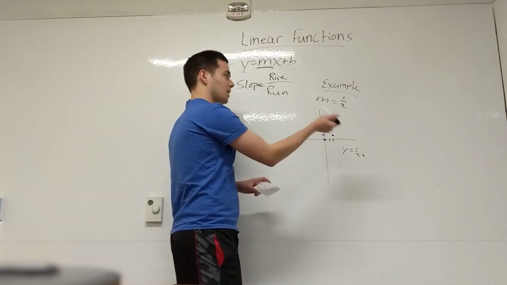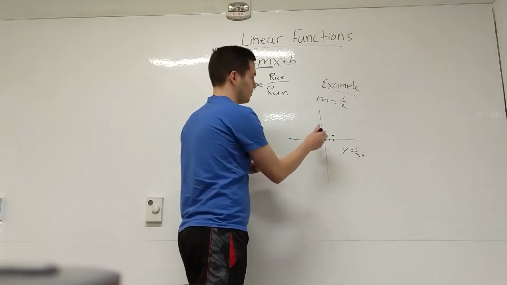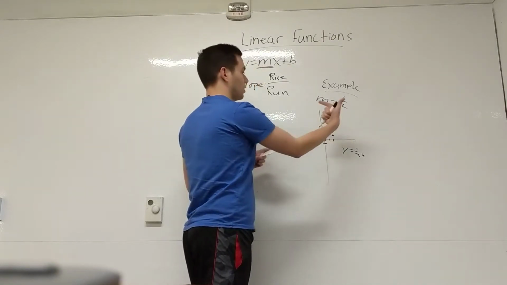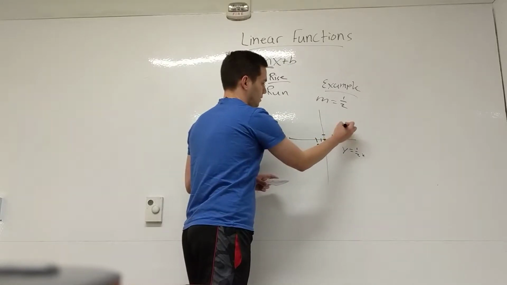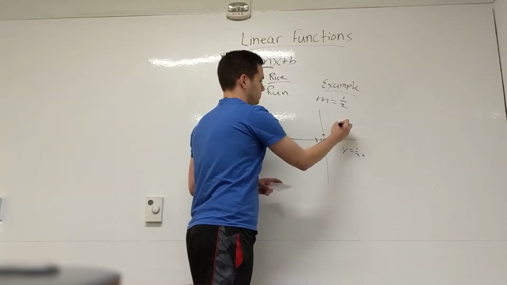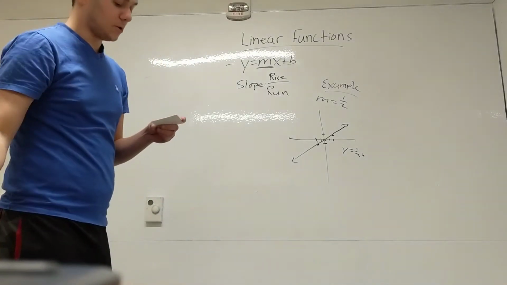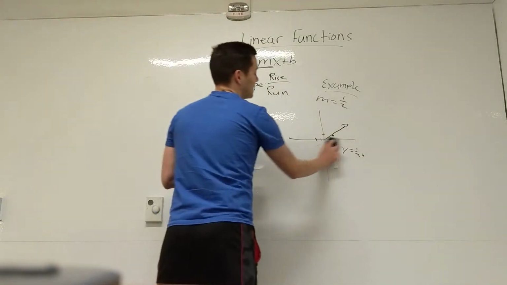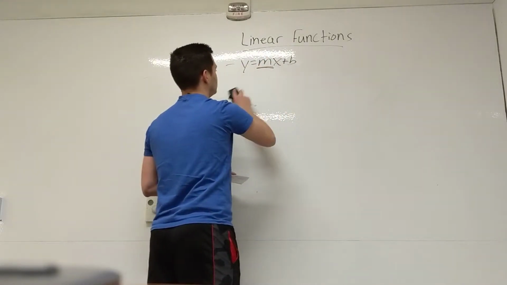And the same can be said for the other way around. Rise, or going down, 1, and going over to the left, 2. So that's just an example of how slope works. Now that's if you have slope. If you want to find slope, actually,